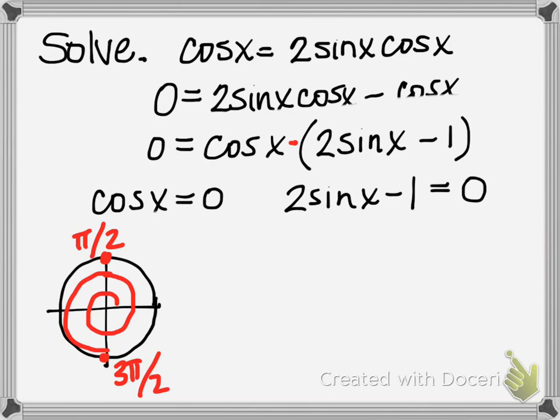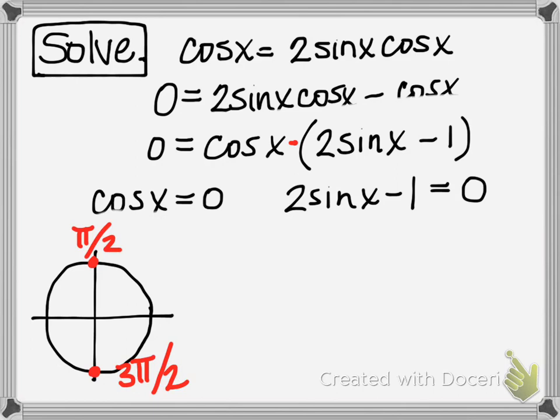Because the directions on this problem simply say to solve, they don't restrict us between 0 and 2 pi. That means we have to give all of the solutions, and in this case there will be an infinite number of solutions. So let's start with pi halves. To travel from pi halves to 3 pi halves, we would add 180 degrees, which would be an angle of pi. And then to travel from 3 pi halves to the next angle that has a cosine value of 0, which would be 5 pi halves, notice we would add another 180 degrees,